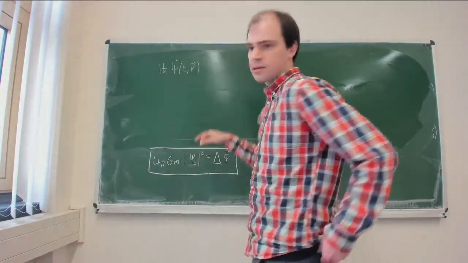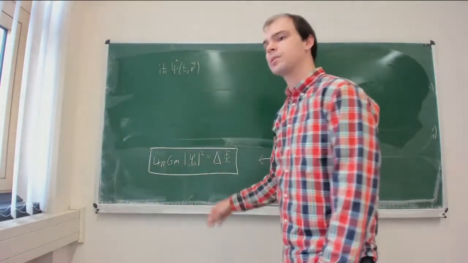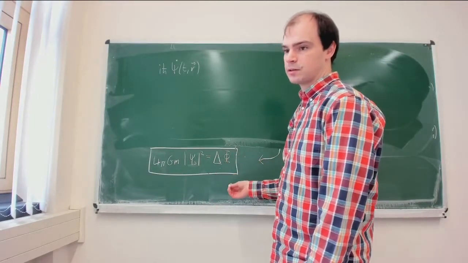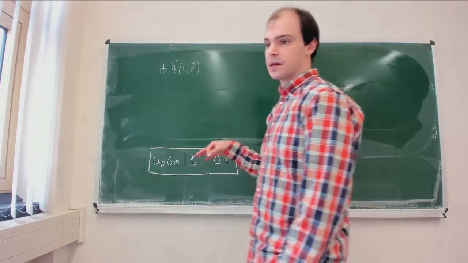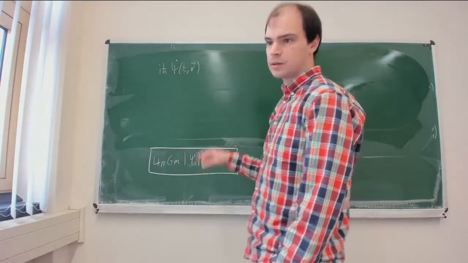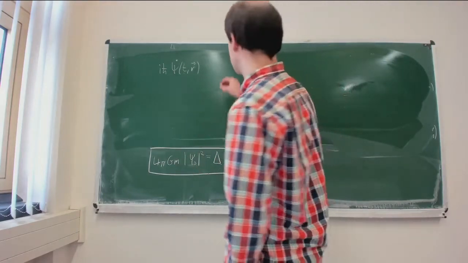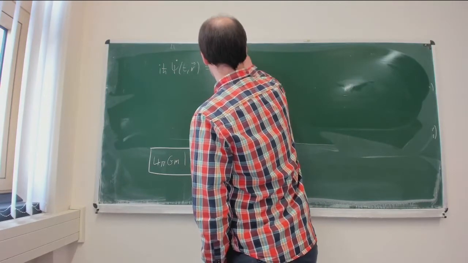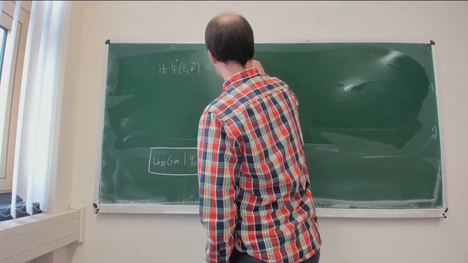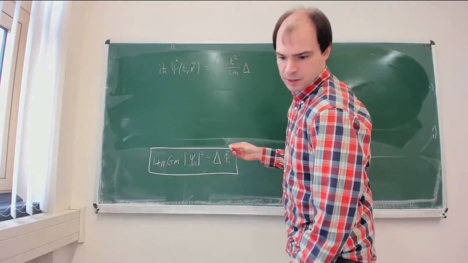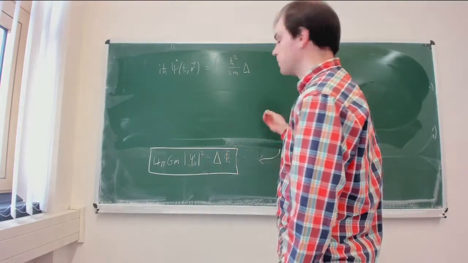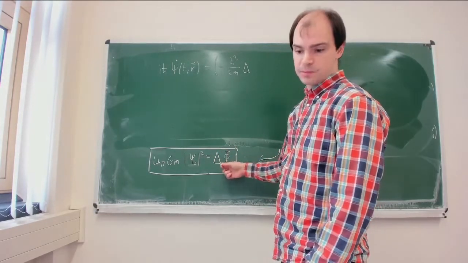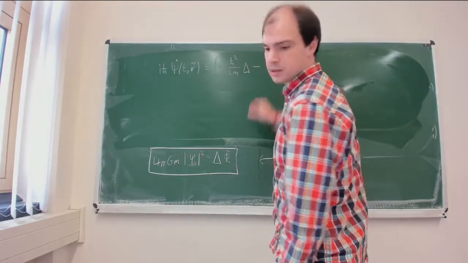I assume now that we did this in a general case. Remember, the derivation, strictly speaking, was just for a spherically symmetric situation, but the result would be the same in a non-spherical situation. So the Schrödinger equation we would get in a general case would be minus h bar squared divided by 2m Laplace. And now we have the potential that we just derived, the potential that solves this Poisson equation. So after integrating this, we get